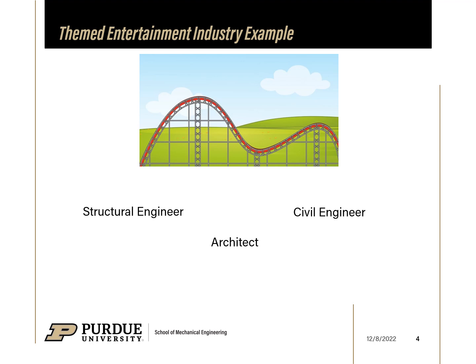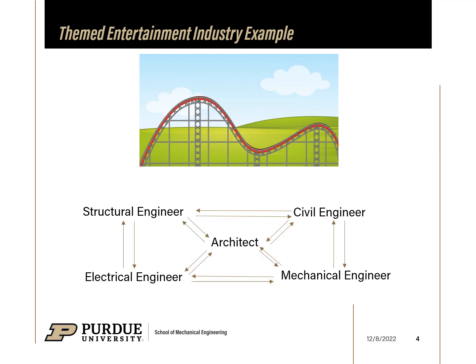You could have an architect who is making sure that the items being used on the project are up to specifications. You could have an electrical engineer who is wiring the control system for the roller coaster. Or you could have a mechanical engineer who's working on the roller coaster itself to make sure that it's safe for all of the guests that visit. But the thing that really ties it all together is that all of these people must work together as one unit, you could say, in order to develop and build and test and implement the project so that way it meets the goals for everyone.